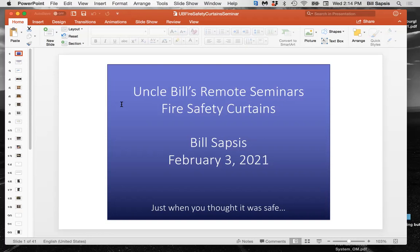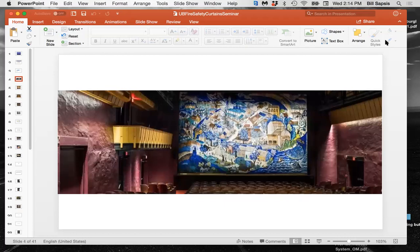And unfortunately, it was painted on an asbestos curtain. And in many cases, they had the word asbestos written in really big letters right across the center of the curtain because they wanted everybody to know that they had an asbestos curtain. That doesn't go over too well anymore. And a lot of asbestos fire safety curtains have been removed, and regretfully, a lot of really, really stunning scenic artistry has gone into the hazmat dump. I've got some pictures I want to show you of some that either have been saved or they got pictures of them before they